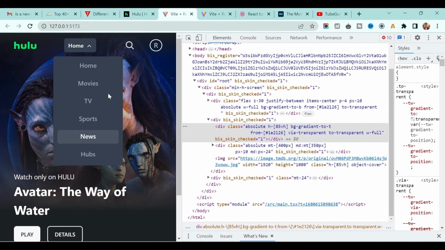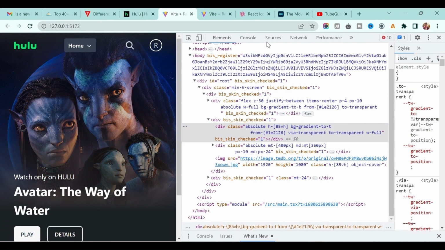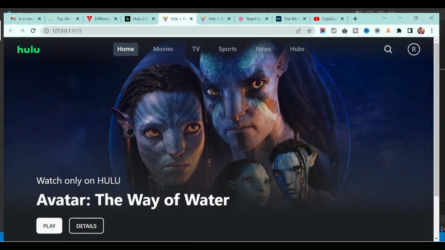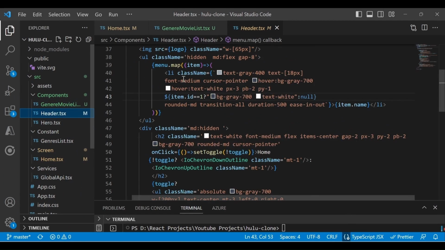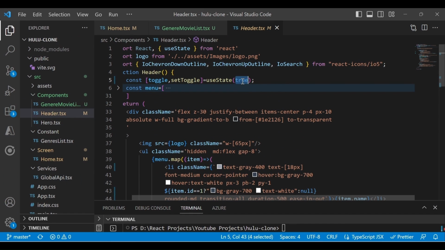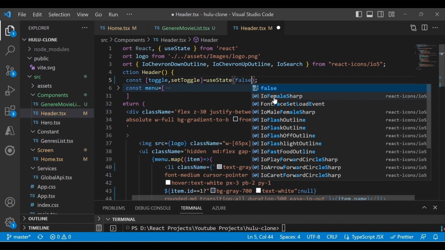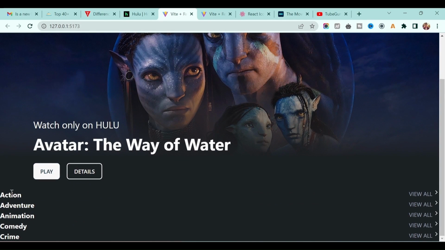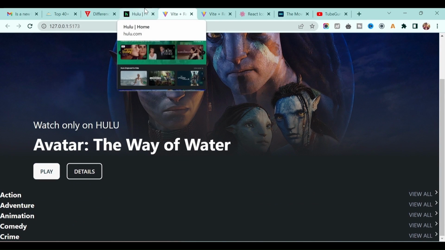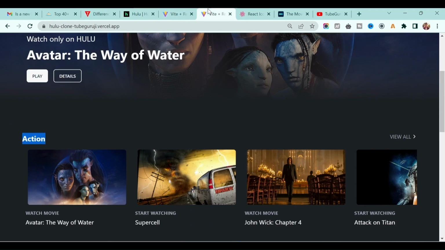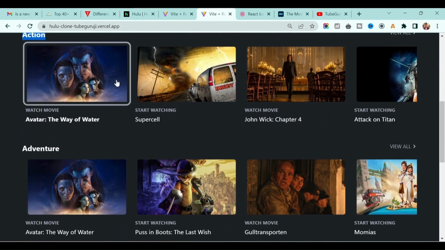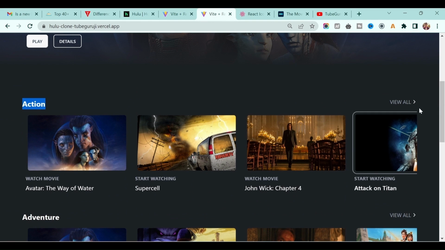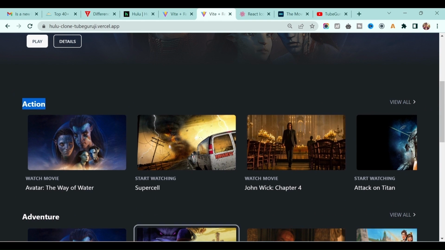That's okay, right? Yeah, it's opening by default, because in the header section this state is true by default, so we make it false, and now it will not open. Okay, perfect. Now the next step we want to do is to add this movie list, right? Also make sure you give padding from all the sides. So let's give some padding.